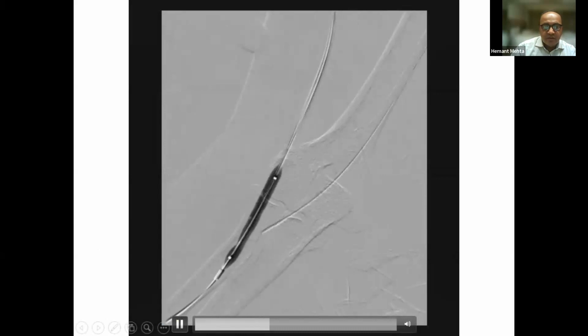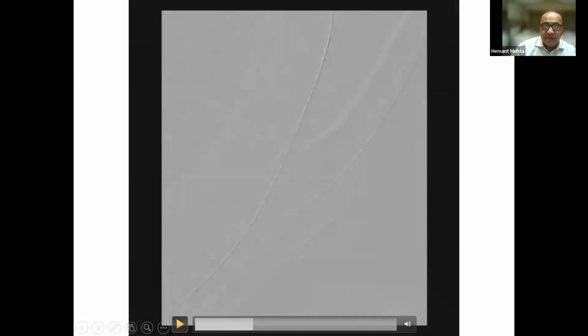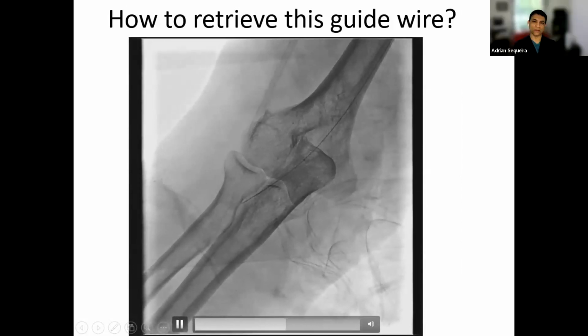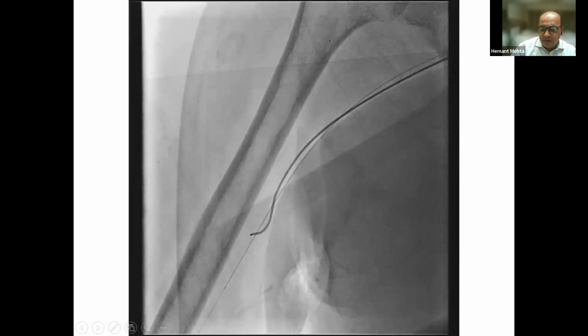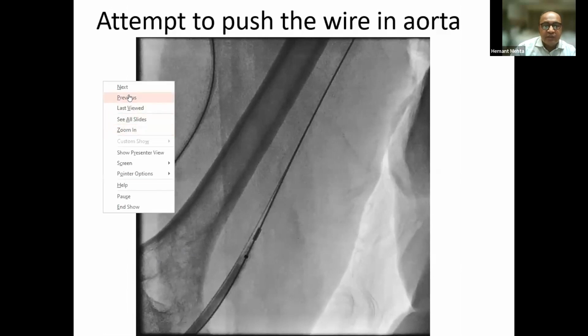So now how to retrieve that wire? That wire is in a branch of the fistula, right? No, it's in the artery. Now you see this artery, and the wire all the way up there in the artery. So what we tried was this. Many a time in such a situation what we do is